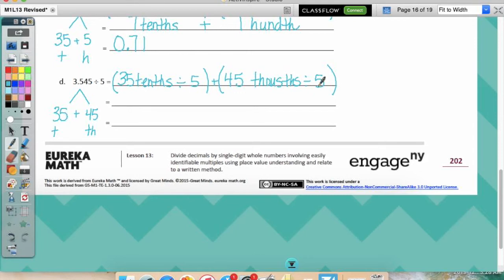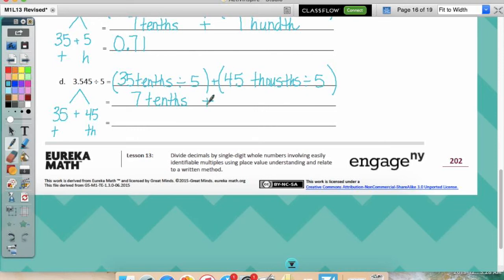And there's no reason to copy off the board because don't you have this written right here? 35 tenths plus 45 thousandths. So there's no reason to copy off the board. So 35 divided by 5. We just did that, didn't we? What was it? So if I'm talking about 35 tenths, what's my answer? 7 tenths